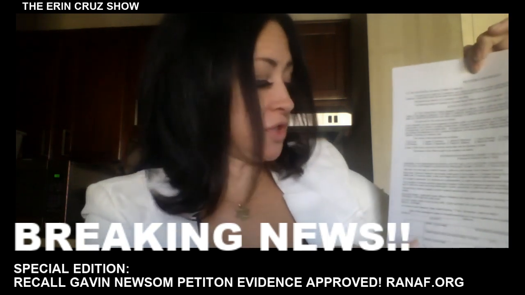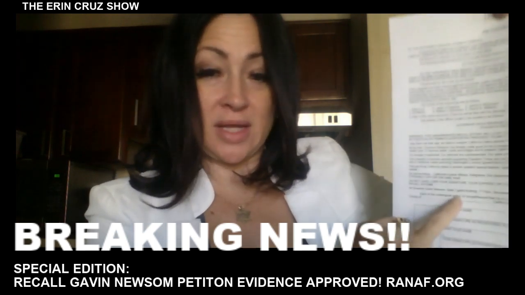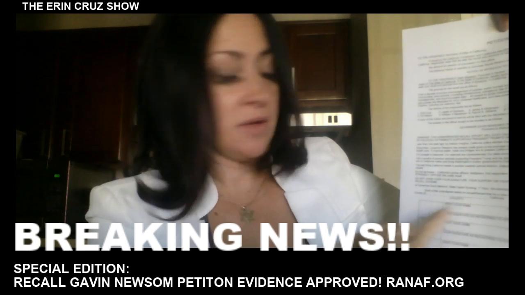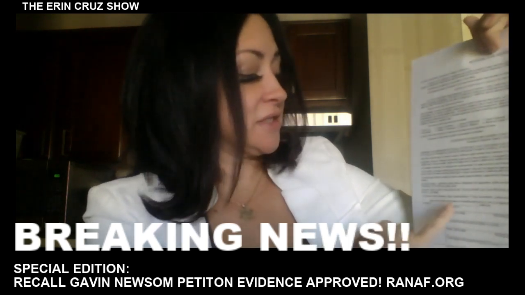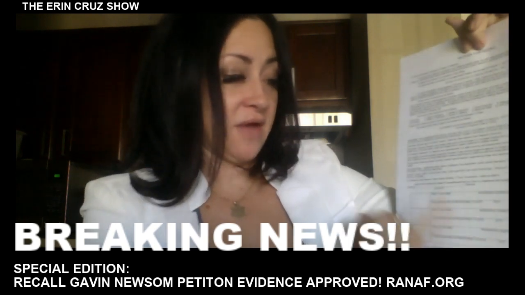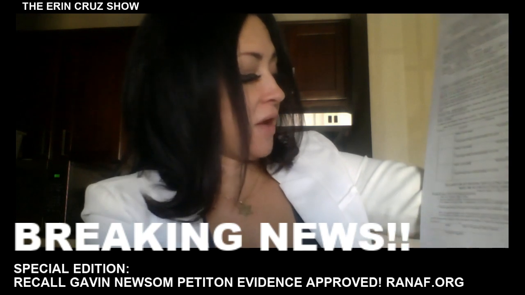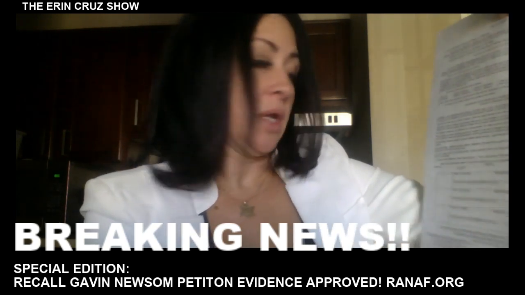So what you're going to do is put the county you're collecting signatures for right in the county space. Right above the signature area, there's a little line that says county. And then if you are the person collecting signatures for that county, after you have these 3 signatures, you are going to fill out the declaration. This is very important.